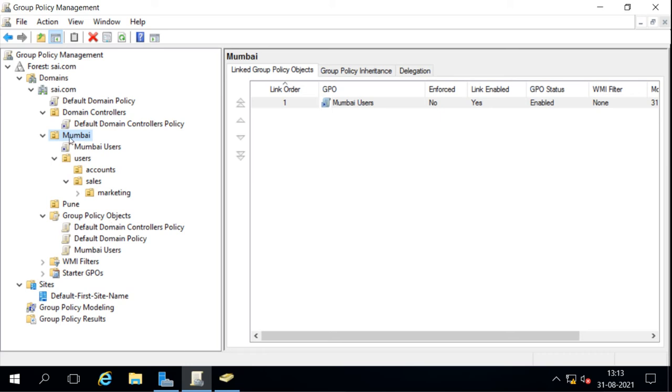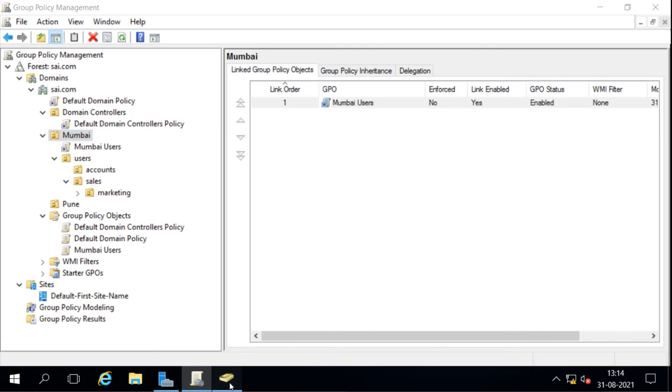Now we did apply the policy on this Mumbai OU. That means this policy is going to be applied to all the users in that Mumbai OU, including whatever users we have under the Mumbai OU and in any other OUs under it. Users will not show here; we can't see the users here.